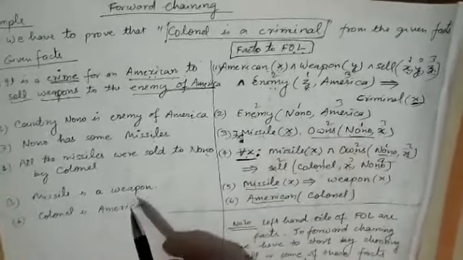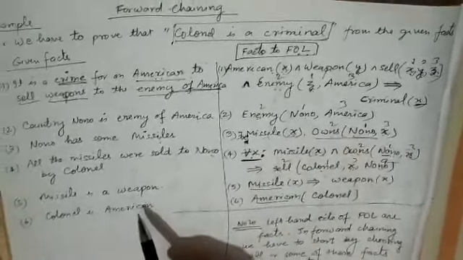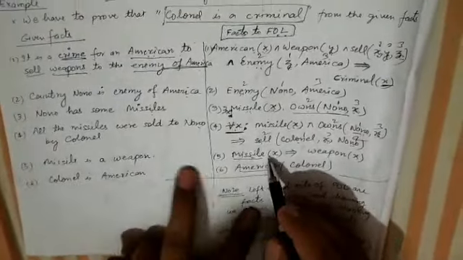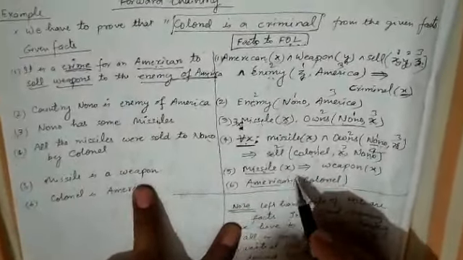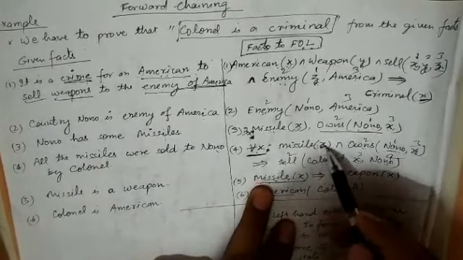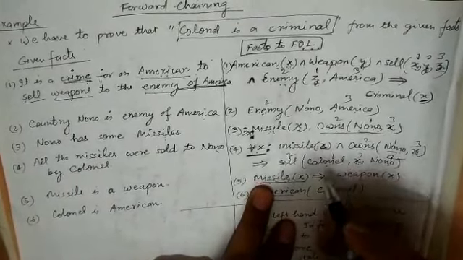Now, missile is a weapon. So if X is a missile, then X is a weapon. This is how we can write it. It can also be written with Weapon in brackets around Missile, but we are writing it like this because the Missile(X) function is already taken in the previous section. So the same function will be used. We cannot take another name here. If we have taken Missile with a single parameter, then definitely there should be a single parameter here.